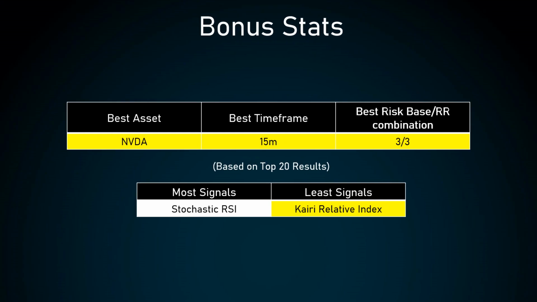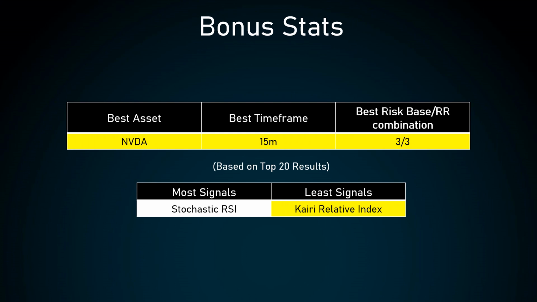I was interested in which asset, which time frame, and which risk-based and risk-to-reward ratio combination gave the best results. So I took a look at the top 20 results and found that Nvidia was the best asset to trade. The 15-minute chart gave the best results, and the 3x ATR risk base with a 1:3 risk-to-reward ratio performed the